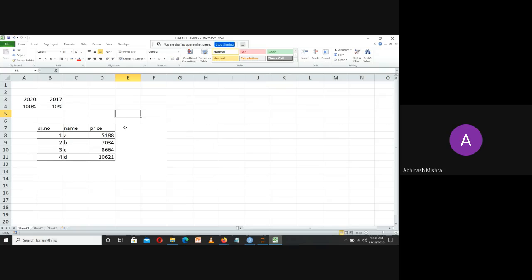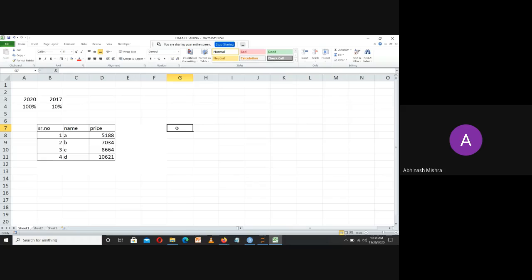Now, in this data you can find some relevant data and some irrelevant data. If somebody wants to extract useful information from this whole complete data, there are two things he should know. First of all, what is the business problem, or what is his main objective.